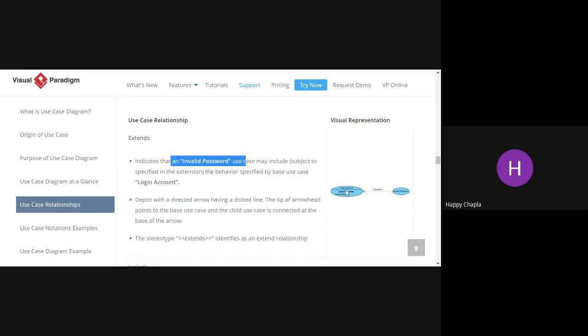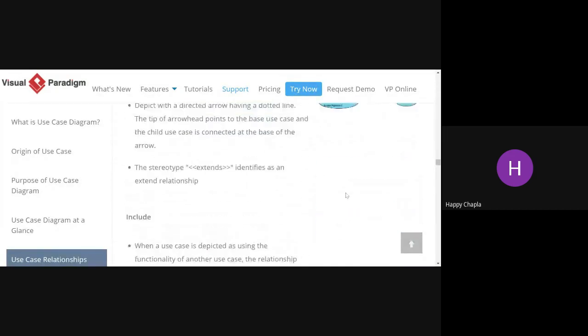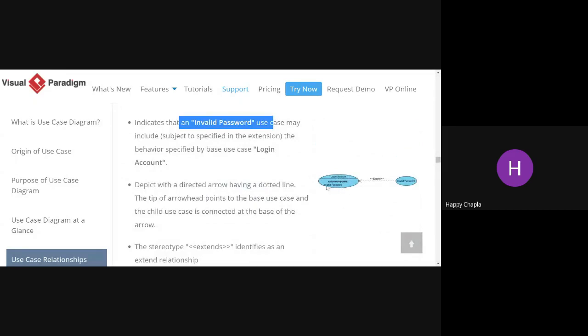So here you can see this. We have a use case as login account. It will extend invalid password. Okay, so if your invalid password use case is there, then you have to extend it towards the login account, because you have to check it from the login. In such cases, you have to mention extend over here.